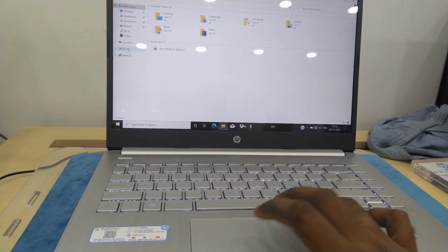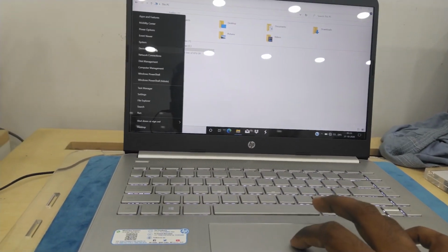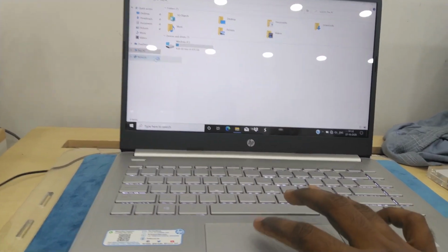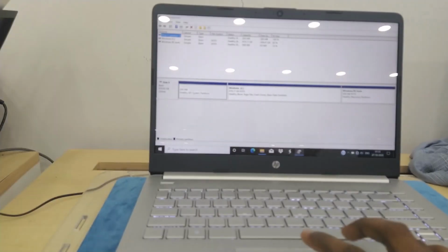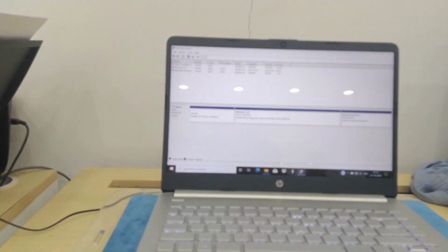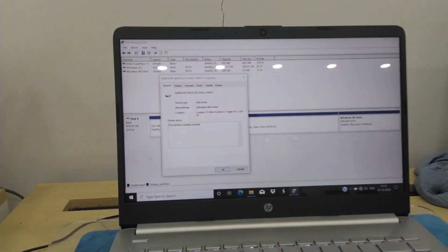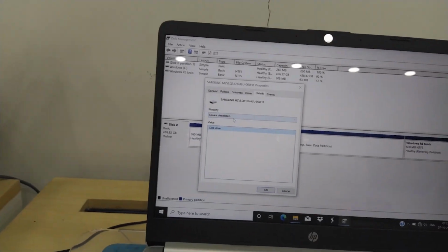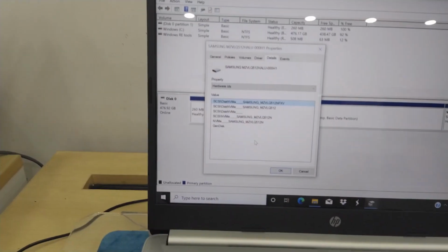So the second advantage is storage. I'll just show you. This comes with 512 GB of SSD. This is not a normal SSD, guys. This is a PCIe, okay, PCIe. I can just go to properties. Here are details, again here the hardware. Yeah, can you see here?